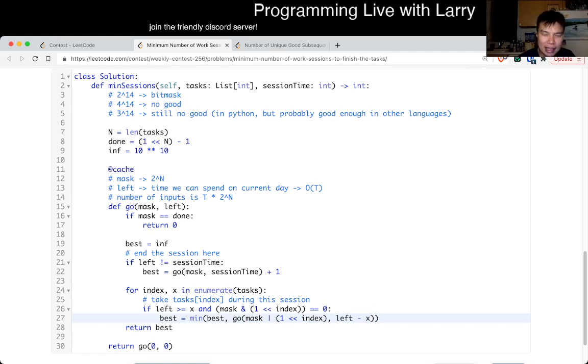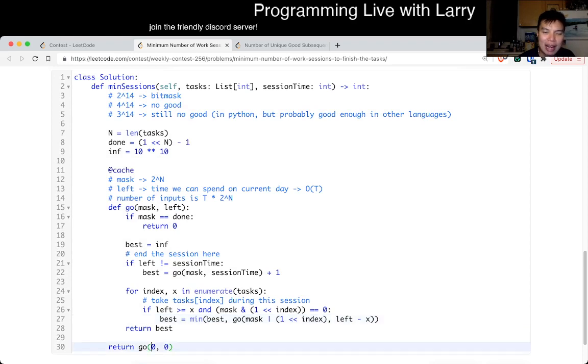And we kick it off by saying, okay, we have done none of the tasks. Let's maybe define this a little bit more: the tasks that are done in this mask. So basically this is saying we've done no task and we have no time in the beginning, because you start out with no time until you take a session. So then that's going to kick it off here. And, oh yeah, I guess I could have just skipped ahead. But either way,